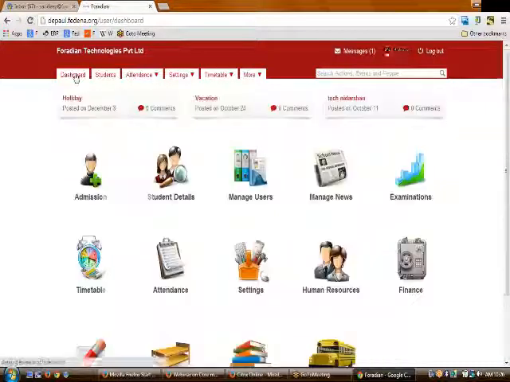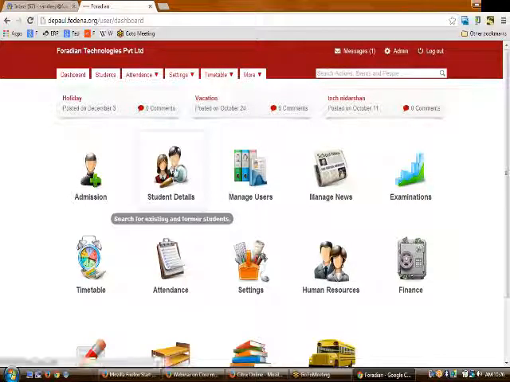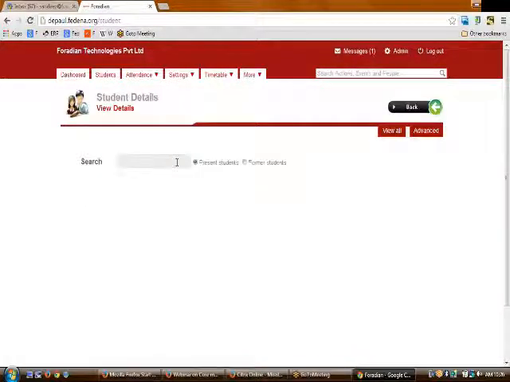So this is how you need to start and end the admitting of students. Moreover, once you have started admitting students into your organization, you would like to have a student details search at some point of time. So to do so, you can go to the student details link here. Now on clicking student details, you need to click upon the search button. Like let us say you have been searching for a student with the name of,